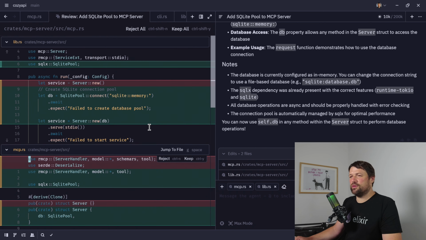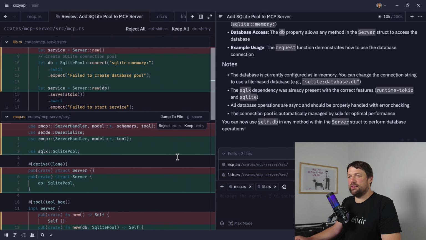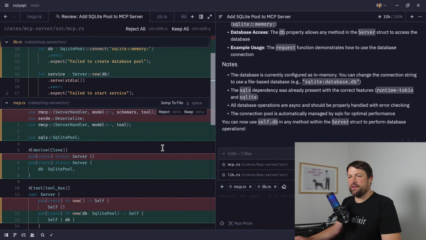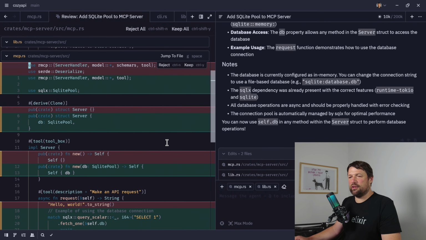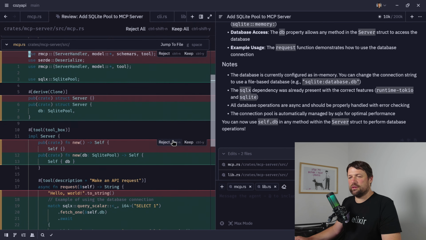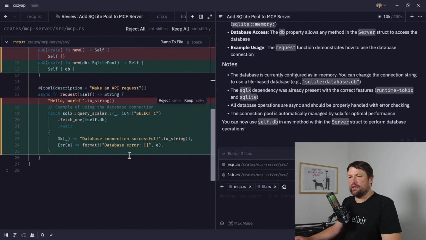There's not really something useful here. So it uses this. Well, it is how it is. It creates a new server with the database now. It now uses the SQLite pool in the server, passes it through, and